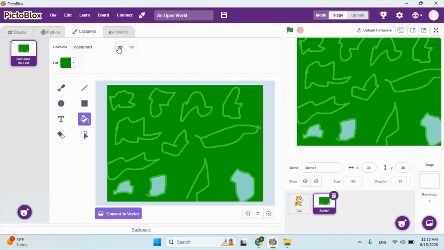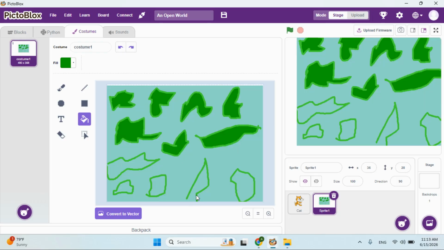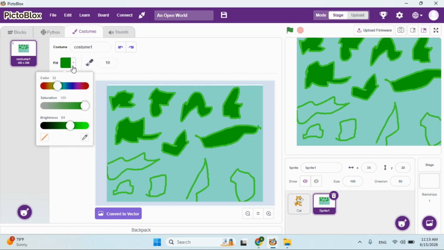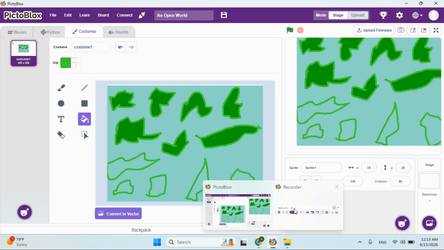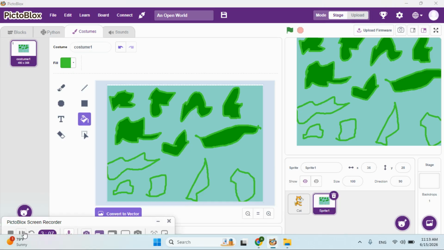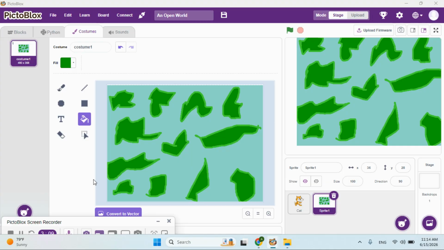Oopsie. Here I didn't close this one, so we'll go to paint and choose this one and I'll close it. Then I will fill again. I have finished, and of course you can do many shapes more than that. Now we will rename it as a map